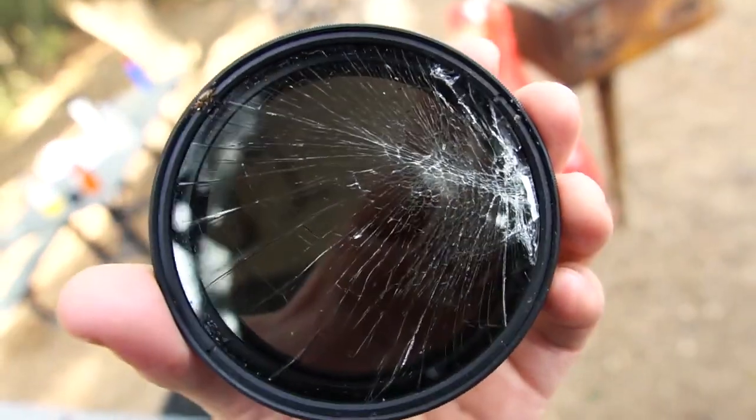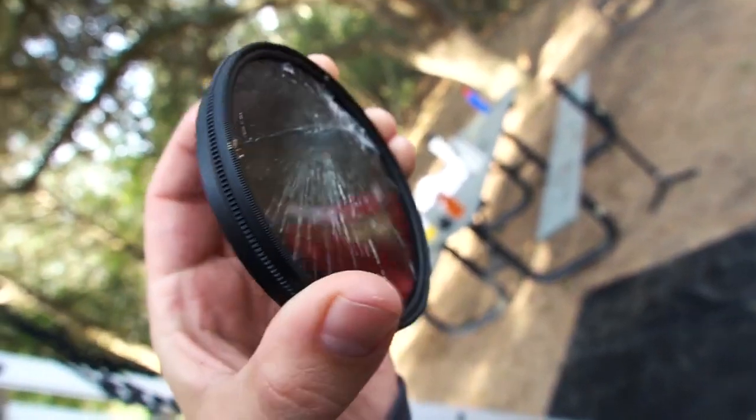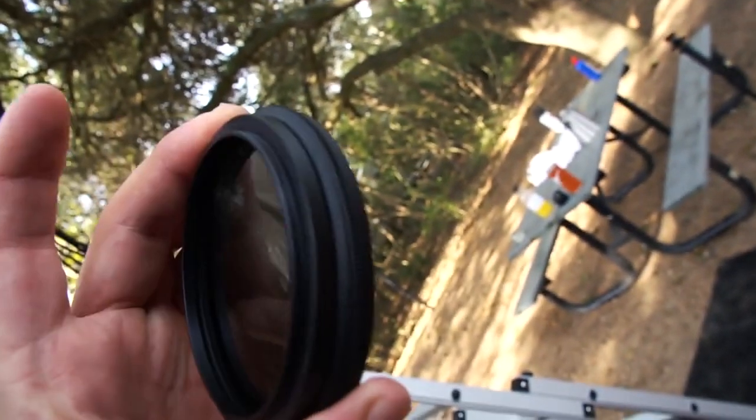That is why you have a protective cover of some sort. I mean, yeah, this is UV, but it also protects. That's why you have it on there. I mean, if it wasn't this lens, it could have been this one. But anyway,